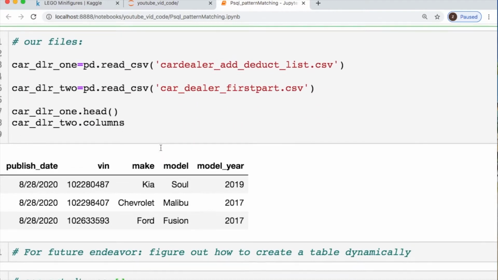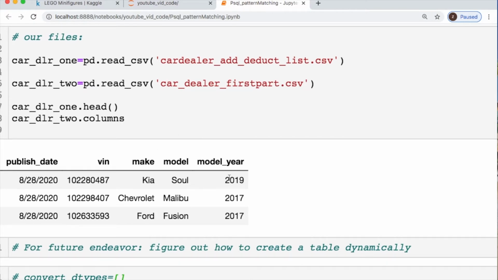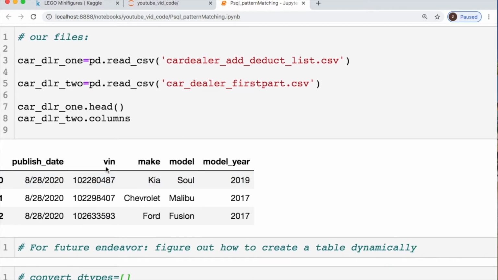From our last video, we had two specific files allowing us to work with some car dealer data that we split so we could basically run a primary key so we could join the two tables. But we're not doing that today. We're going to feature these so we could run some queries, do some pattern matching, and try to establish changing some data type, because that's something that will come up, I guarantee you.